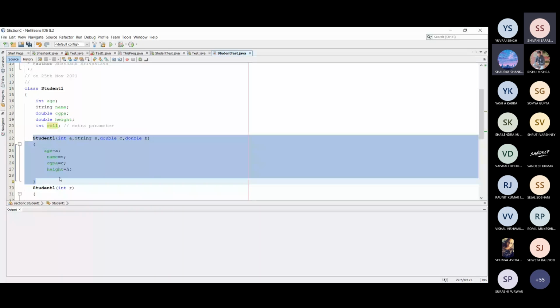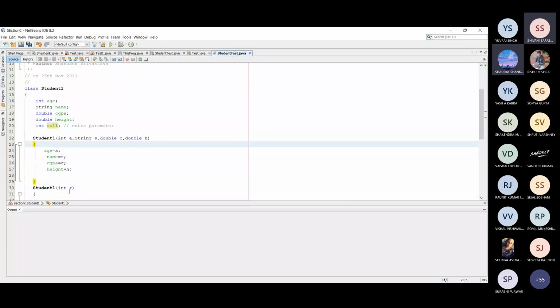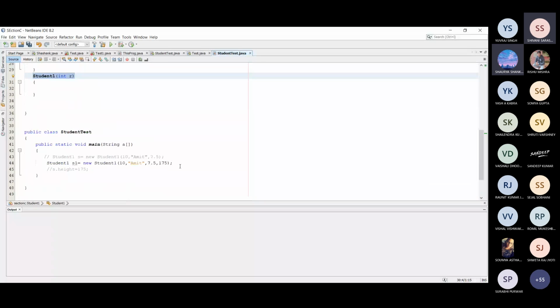Okay, अगर हमको ऐसा करना है कि at the time of this parameterized constructor the value of roll number should also be initialized, so for that case we need to call this constructor, but at a time only one constructor can be called, क्योंकि उसके लिए फिर अलग से दूसरा कंस्ट्रक्टर लिखना पड़ेगा.